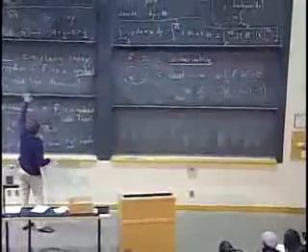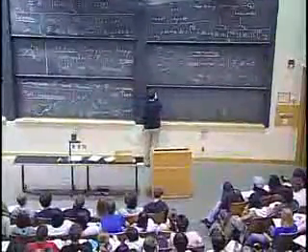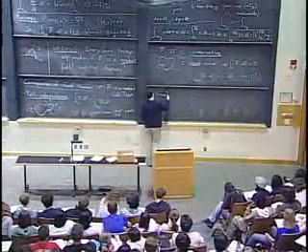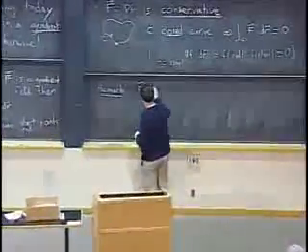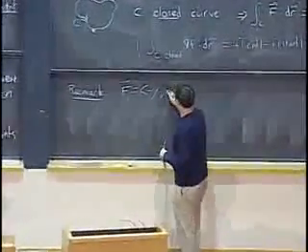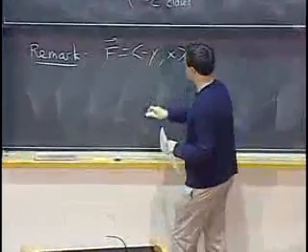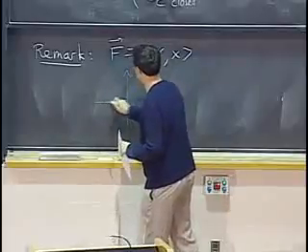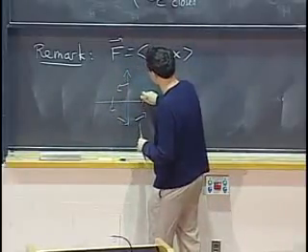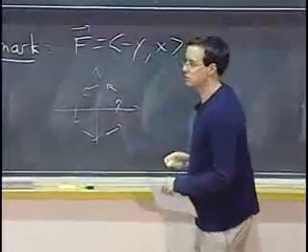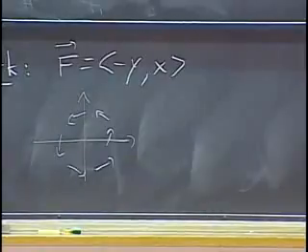So just to reinforce my warning that not every field is a gradient field, let's look again at our favorite vector field from yesterday. So our favorite vector field yesterday was negative y and x. It's a vector field that just rotates around the origin counterclockwise. Okay. Well, we said